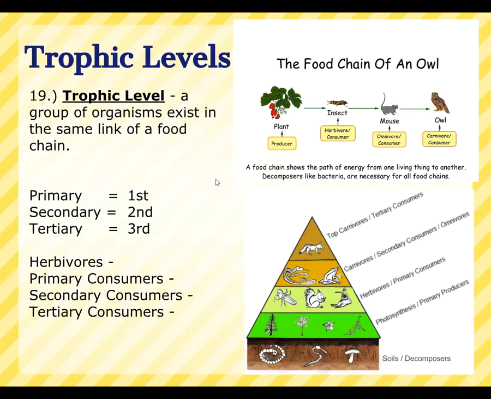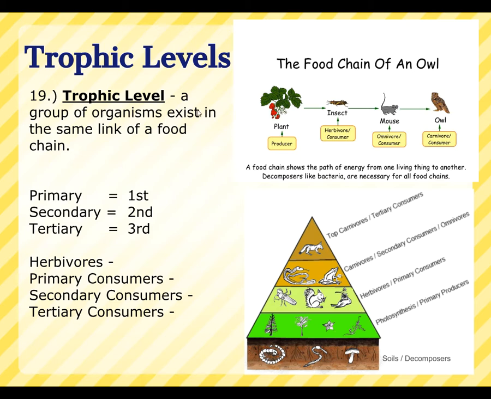All right, so here we go. Trophic levels. You've seen this word before. Think about what is an organism called that makes its own energy? Remember? Autotroph. What's an organism that steals energy from others? Heterotroph. So that word troph has to do with how it gets its energy.